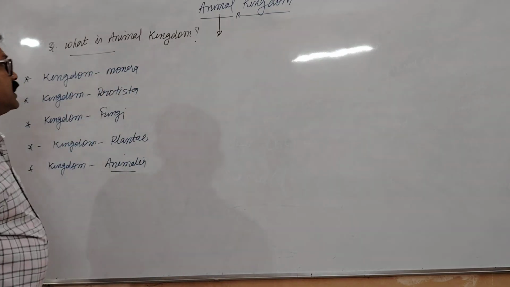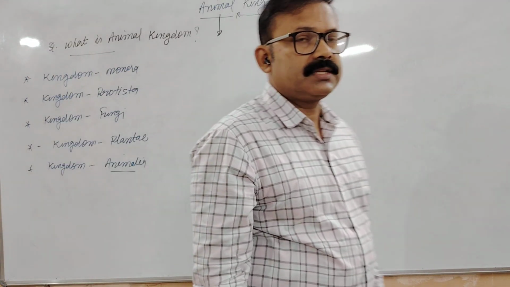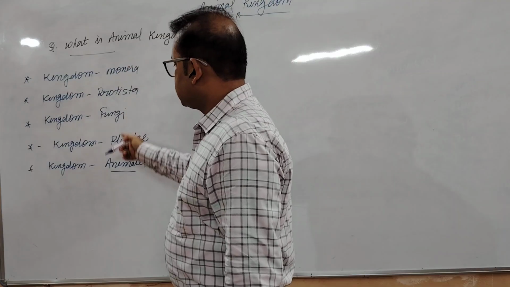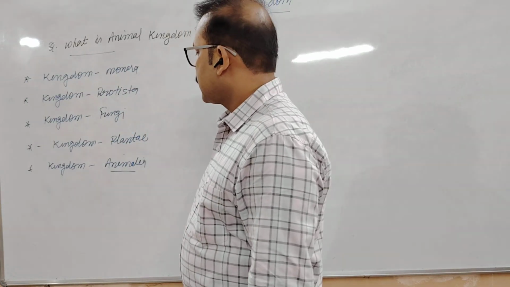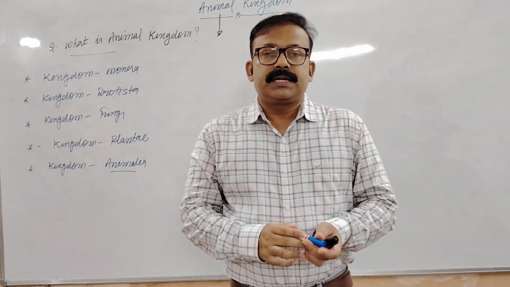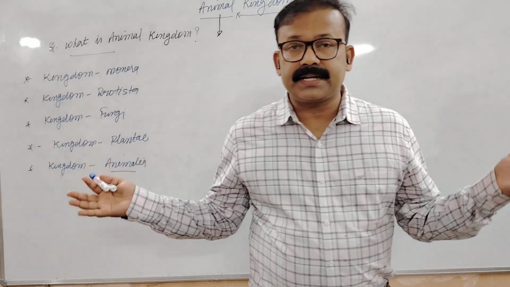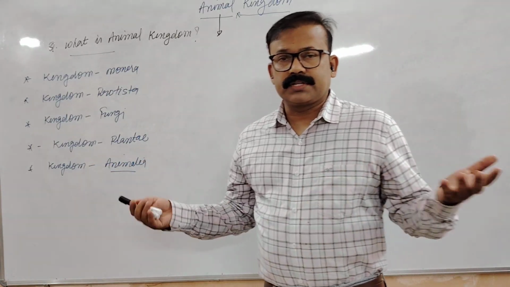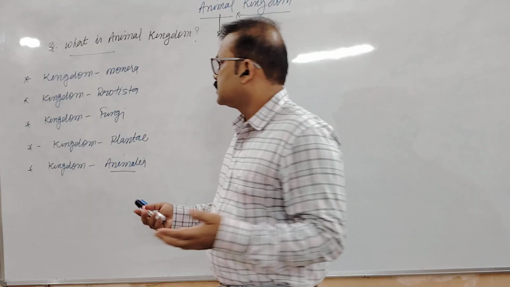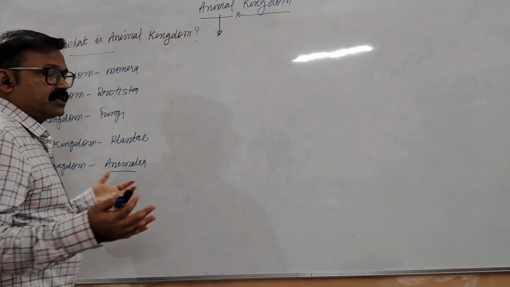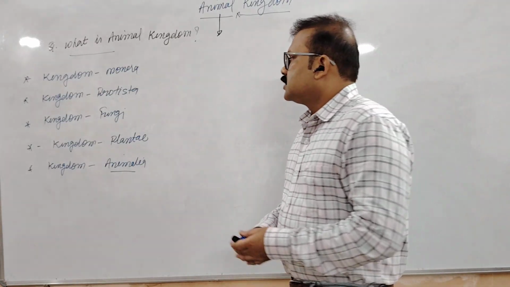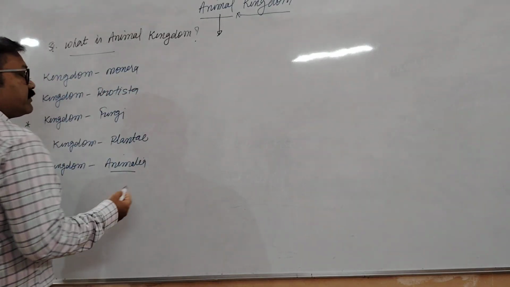Here we are going to discuss the animal kingdom, and first we raise the question, what is animal kingdom? Besides animal kingdom, you have studied these four kingdoms also. But here we are studying only kingdom Animalia or the animal kingdom. As I told you, in your surrounding you will find different types of organisms. Some you can see, and there are several organisms which you cannot see with the naked eye. For observing certain organisms, a microscope is required because the organisms are very tiny and microscopic in size.